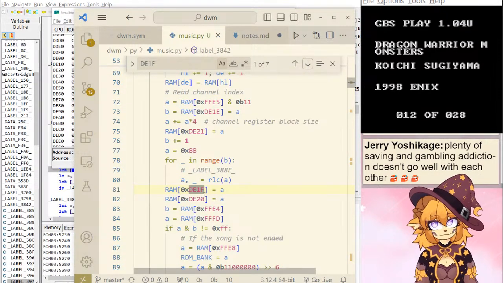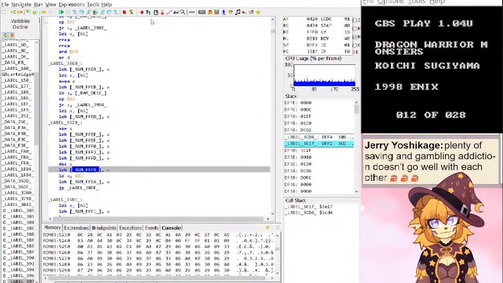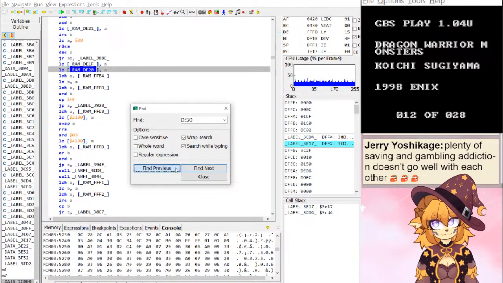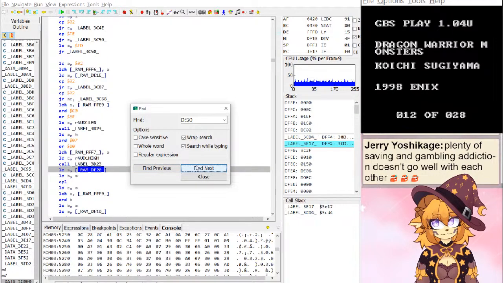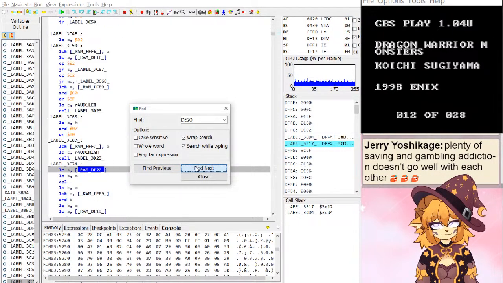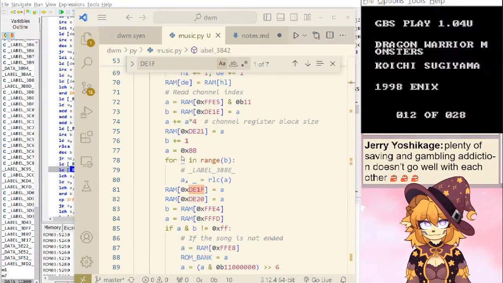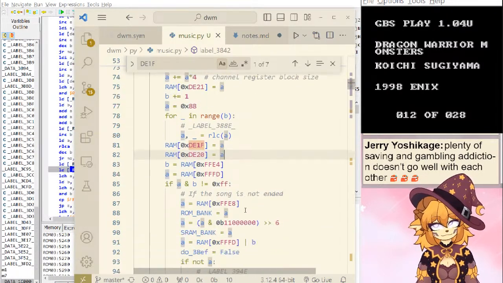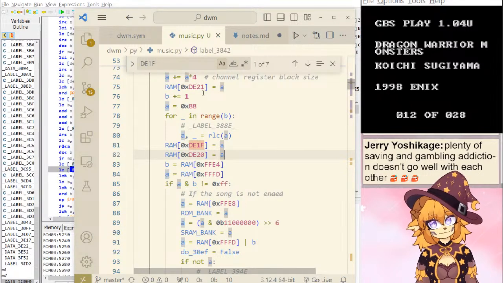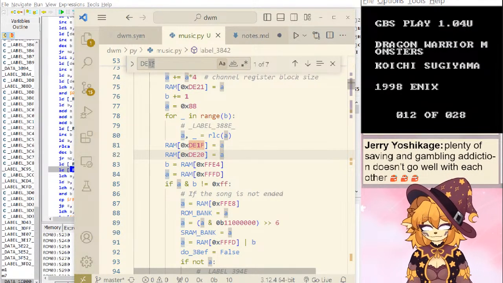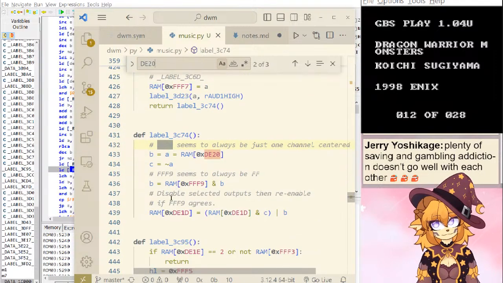Doesn't appear to be. That one's not. Very strange, very strange. Because there's that part down below here where it's used.